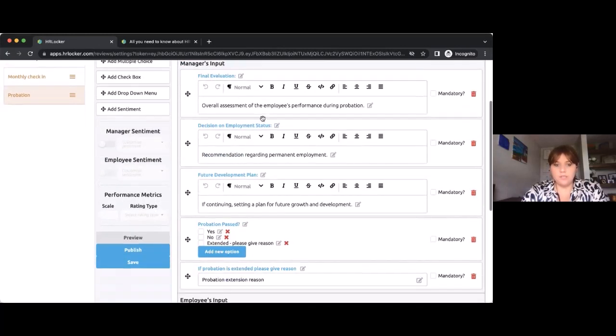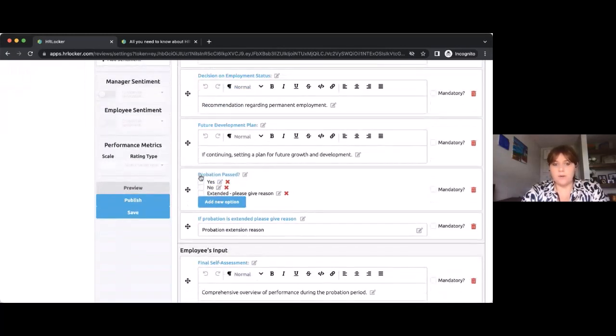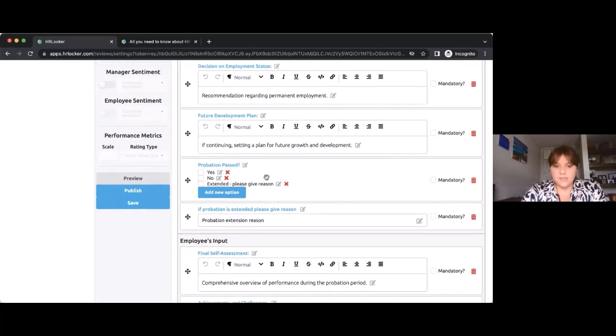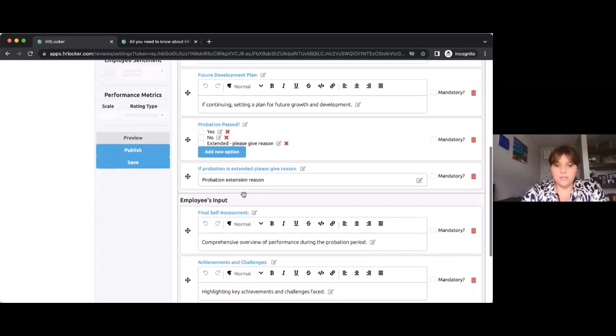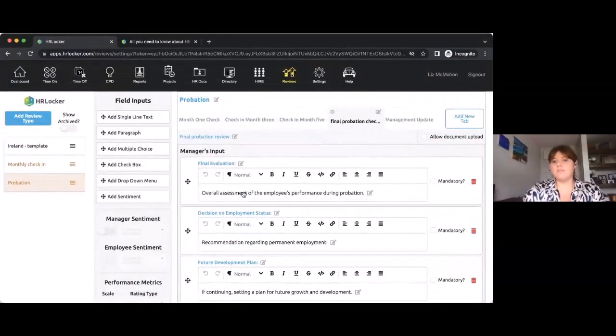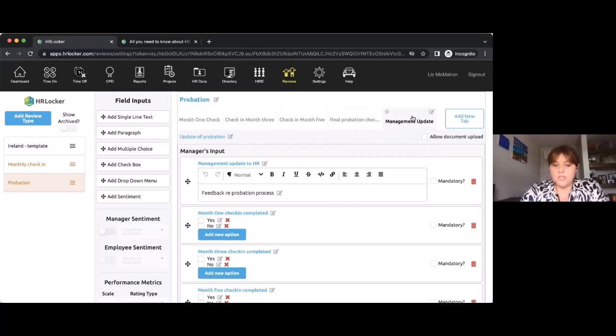So the manager's input, I've also put in here a check box for has the probation been passed, yes or no? Has it been extended? If it has been extended, please give a reason. And at the end of that, you've finished your probation structure or your process. The other nice thing I put in here is another tab, which is their management update. And when I added this tab,